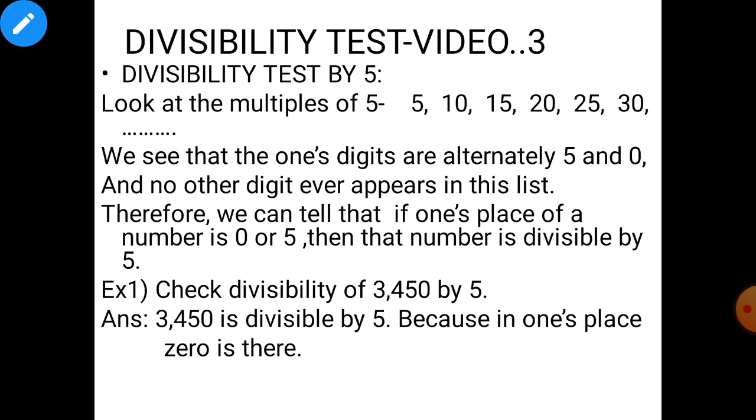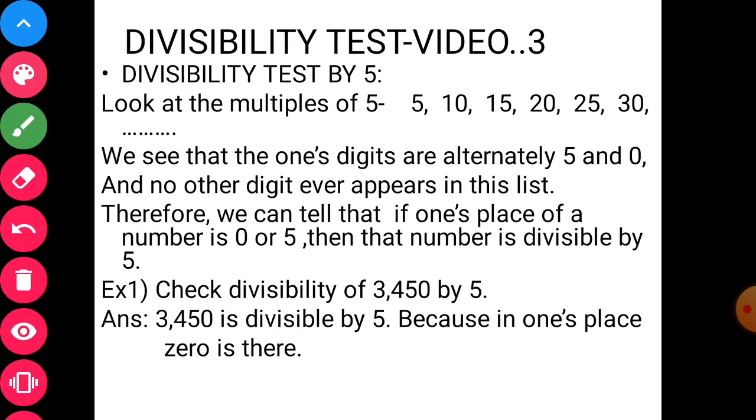Here I have written multiples of 5. They are 5, 10, 15, 20, 25, 30, and so on. It continues like that up to 50 and further also, 55, 60, 65, all that are multiples of 5 only. If we divide these numbers by 5, we get 0 remainder. So 5 is called a factor of all these numbers, and all these numbers are called multiples of 5. That already you know, this knowledge is there for you.